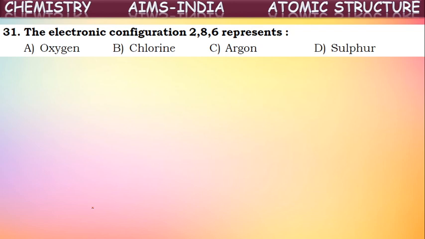The electronic configuration 2, 8, 6 represents. So for which element is it the electron configuration? To know that, if you see the sum of electrons from all the orbits, it gives its atomic number, because it is a neutral atom. So if you observe, totally there are 16 electrons in the given electronic configuration. So the atom with 16 electrons, or atomic number 16, is sulfur. So it is the electronic configuration of the element sulfur. Okay, this is about conceptual understanding questions and single correct answer type questions.